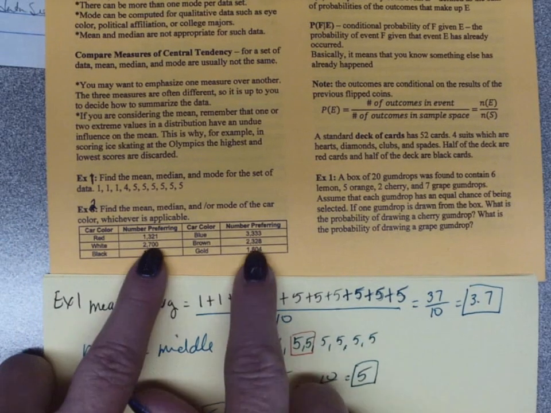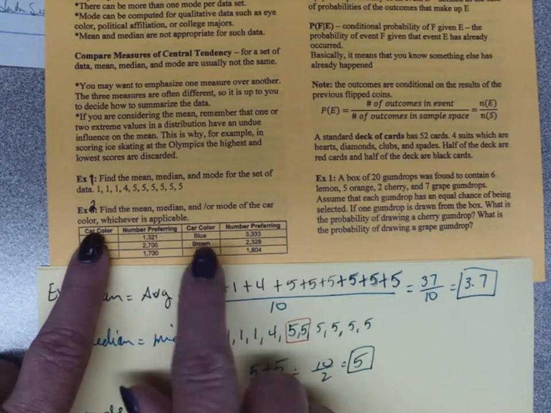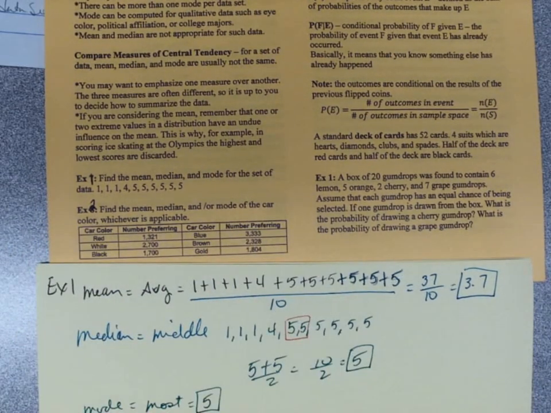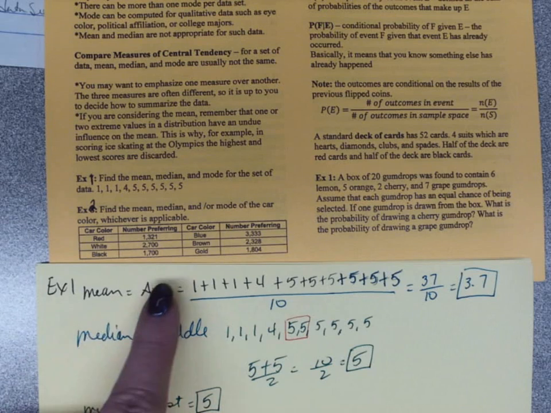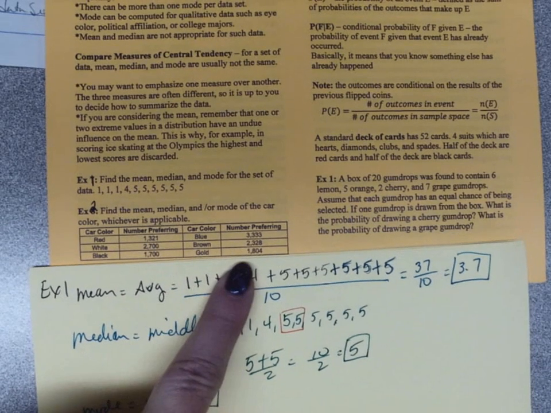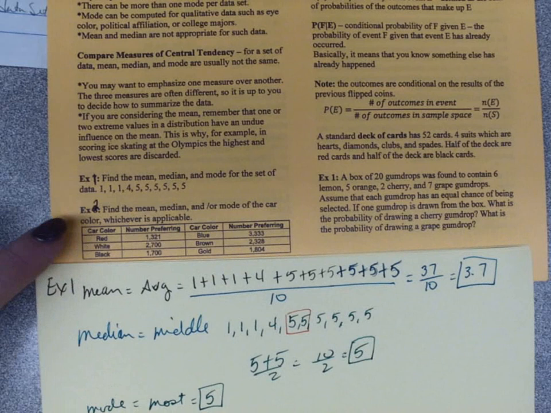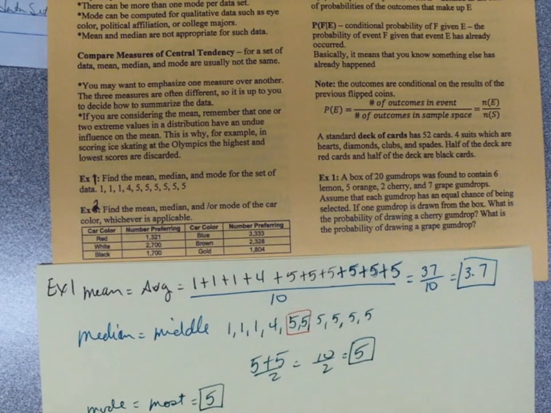Yes, there are numbers here, but what we're talking about is car color. Car color is a qualitative attribute. It's the quality, like eye color. It would be, again, as was mentioned, political affiliation, maybe your college major. So things that are a qualitative thing, not a quantitative. It's not a list of numbers. There is a number that counted how many, but because we're looking at this,